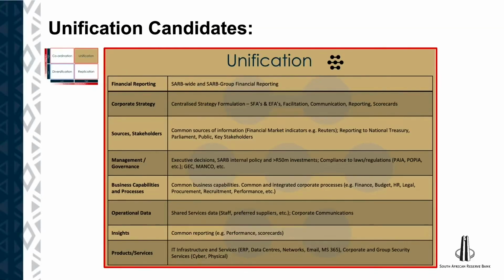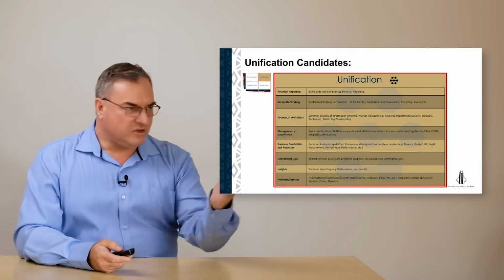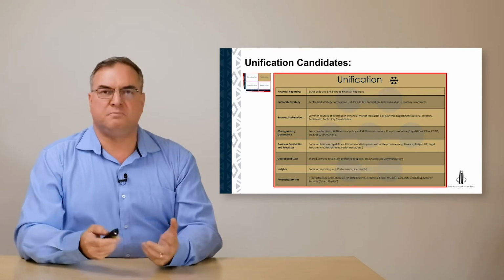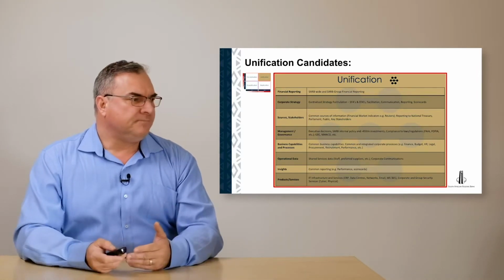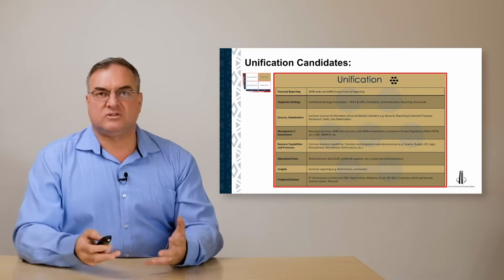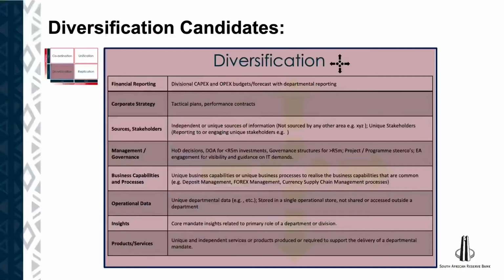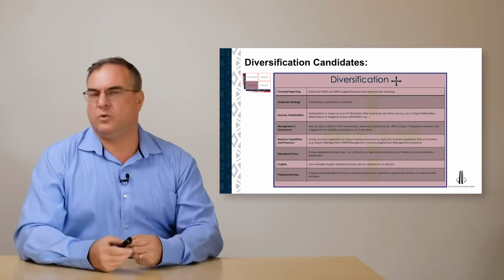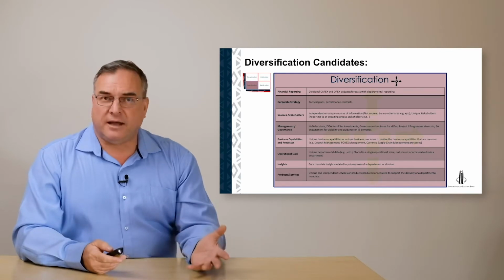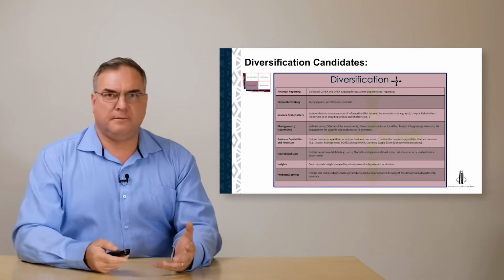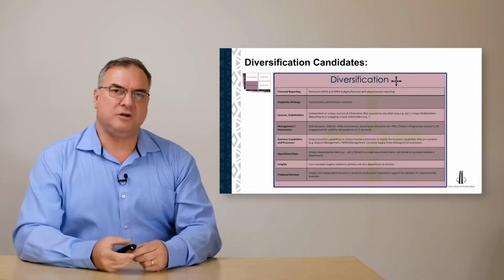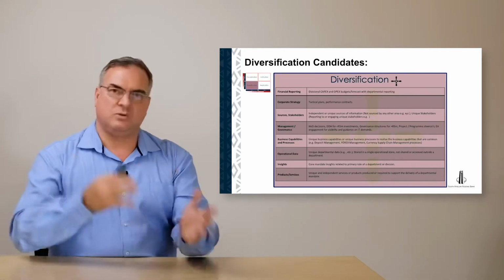So we build this out and we can identify from a strategic perspective which elements of the strategy fit into, for example, unification, or which business capabilities or processes are more suited in a unified model. The way in which we think about products and services, which are unified and which ones are potentially diversified. Diversification would be more tactical plans, or where we look at business-led IT, allowing more freedom for the business units and self-service analytics and insight generation, as opposed to corporate defined standards and ways of working.